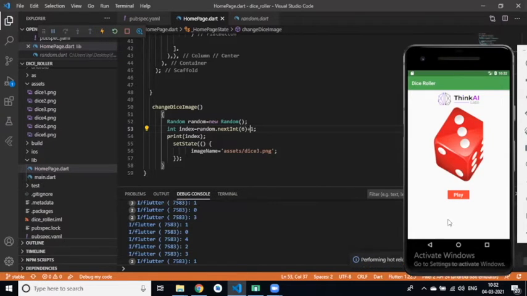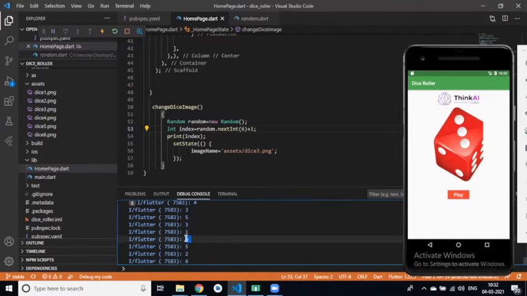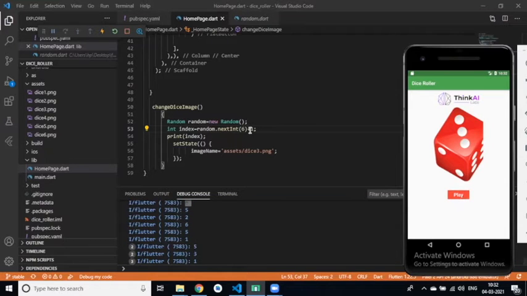If I click on play now, 2, 2, 5, 4, 1, 2, not 0. Where is 6? 6 is not written yet, it depends on our luck. 6, 5, not 0, because we have set the maximum value and minimum value.